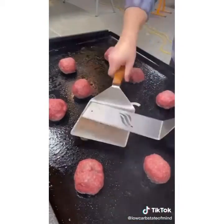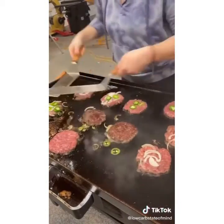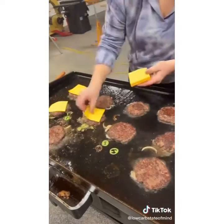You can't tell, but at this point I'm literally sweating, and this was a little bit more work than I thought it was going to be. But it was really fun, and it turned out so good. The ground beef was